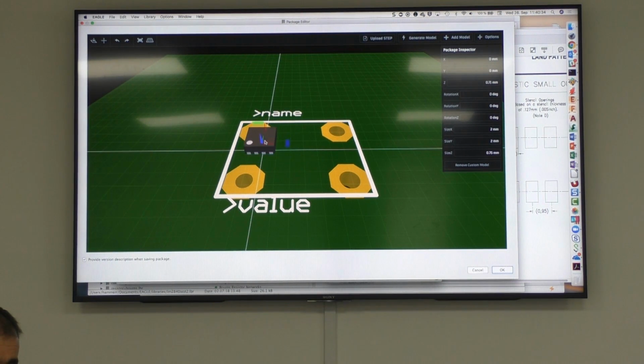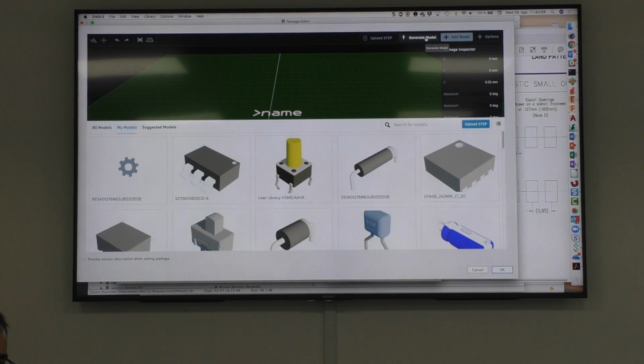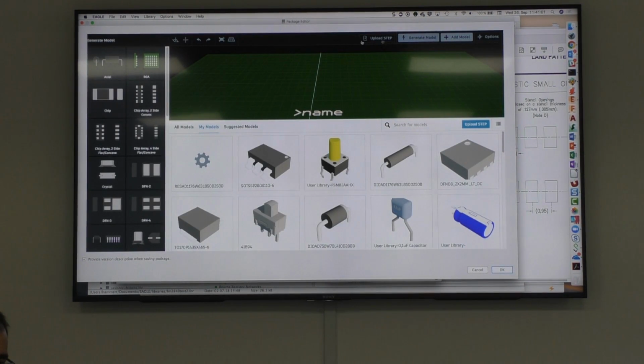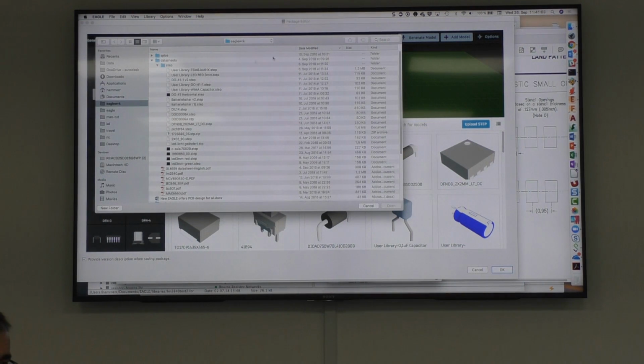What's this other picture? That is wrong. You can't bring a step. I'm just thinking, because that's not what I wanted to show you. Generate. This is the generated add model. This comes from here, yes. Generate is the package creator. Upload is what we did. But it should update the